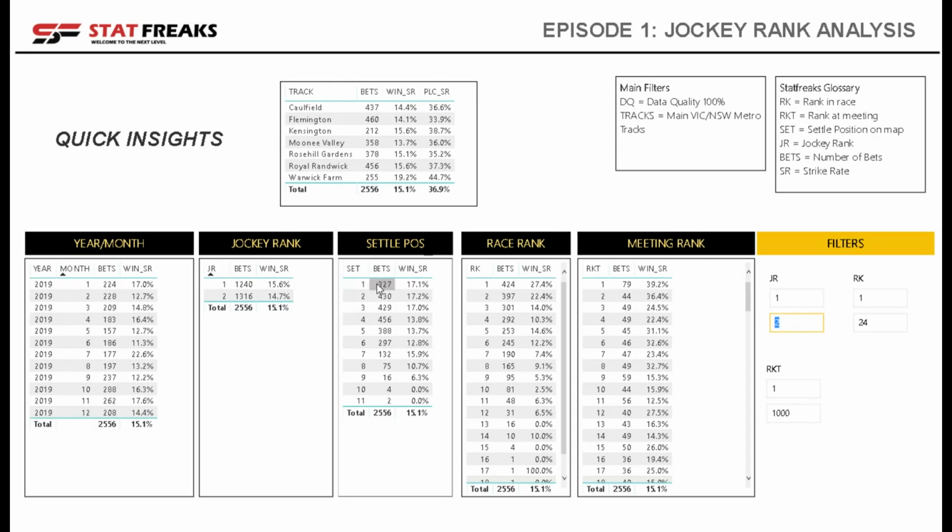Then as I scroll across, I can further see when jockey rank 1 or 2 is selected, what impact it has if one of those jockeys is settled first on our map. They win 17.1% of the time. I can see across the top 3 fairly quickly that it's all above 17%. So that's quite interesting. The rank of the race, if they're ranked 1 and have a jockey rank of 1 or 2, there's a combination: